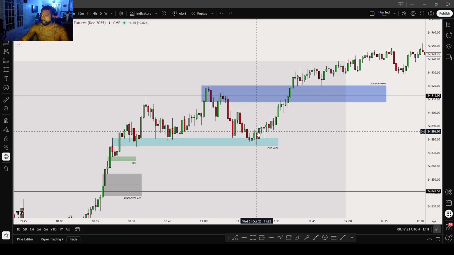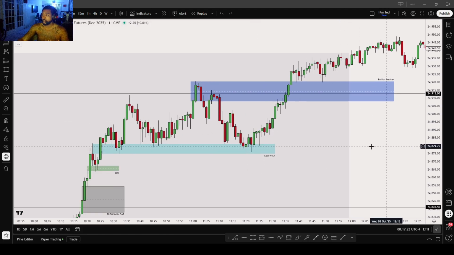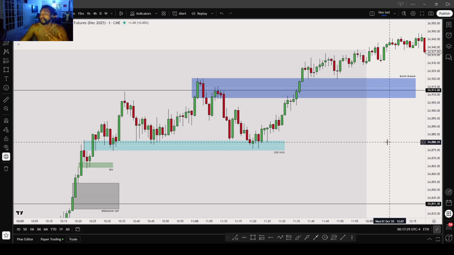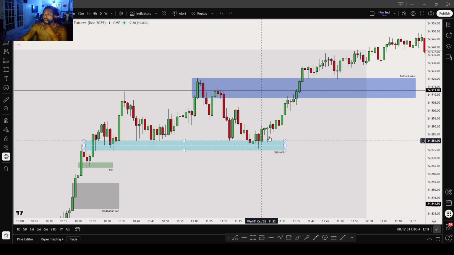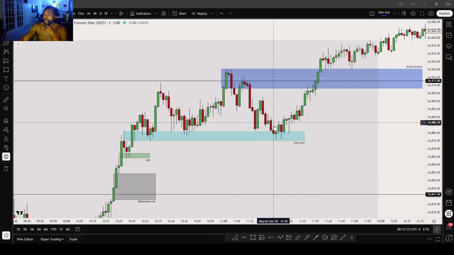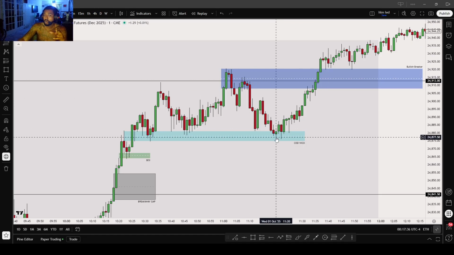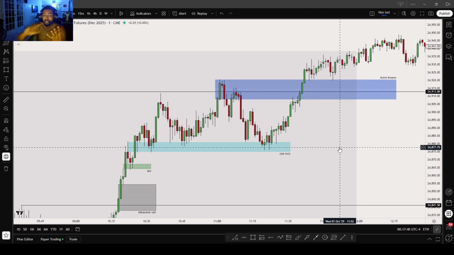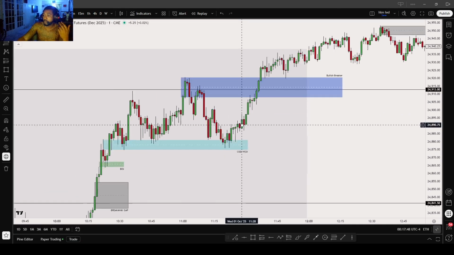Right, accumulation. This is when it kind of tires you out of the market. So sometimes price will tire you out of the market, and it makes you just get out early. Right, that's what it do. Comes back. You see how right before it goes really all the way up, it has to go down first. So I'm saying because the market has to do these four things at all times: generate the liquidity, then hunt the liquidity, then pull back to equilibrium of the range, or pull back to an inefficiency, which are fair value gaps. Then we create that bullish breaker.